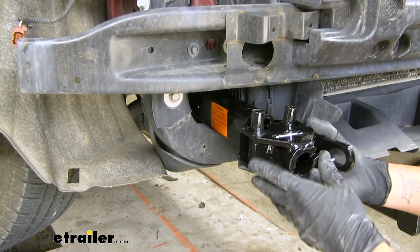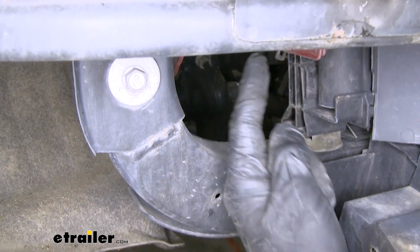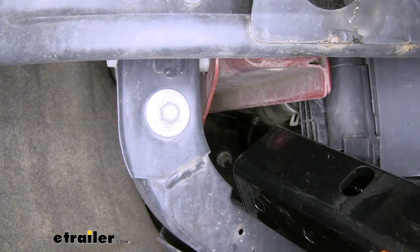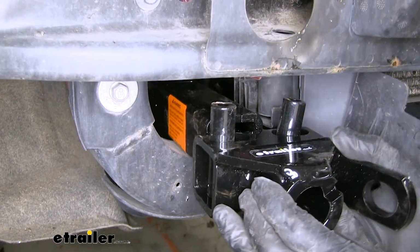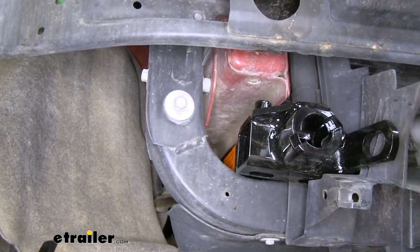Just so they're resting on top like that. And if we look on the bottom of the frame, we're going to have two holes. Those two holes are going to line up with the two holes that are on our base plate. So we can push it in to where they're close to being lined up, and then we can get our